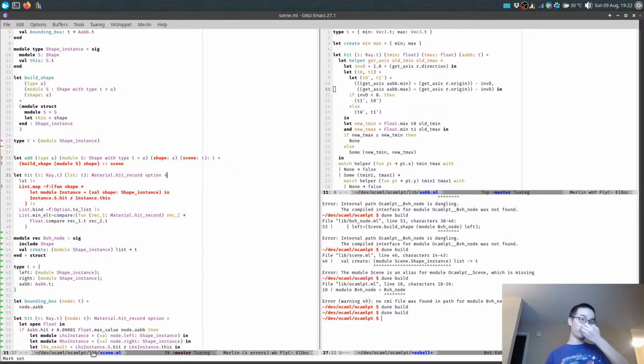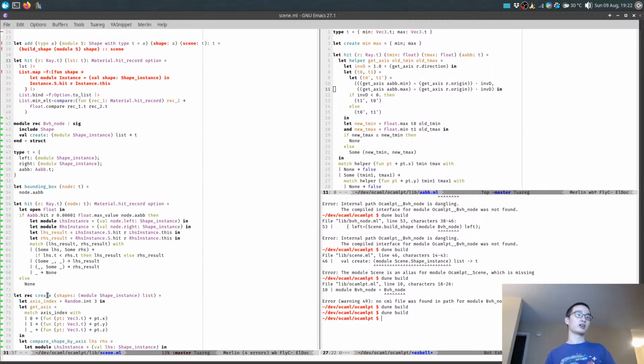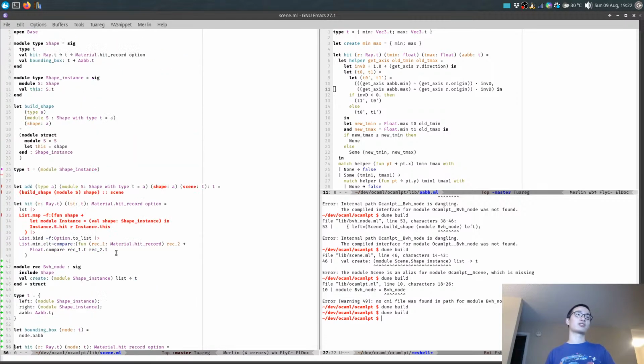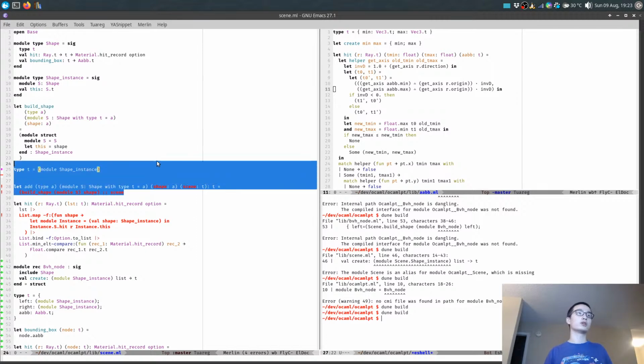Because our BVH constructor only accepts all the shapes at once, it cannot be constructed incrementally. So what we will do is